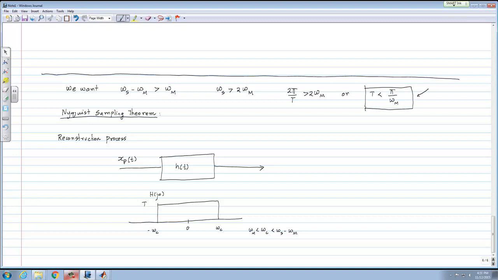Okay. So if this is the filter that I want, what is the impulse response of this filter? In the last class we talked about the impulse response of ideal low pass filters, right? So the impulse response of an ideal low pass filter would be a sinc function, because the inverse Fourier transform of a rectangle is going to be a sinc function. Does this ring a bell? Can someone look up the old result and tell me what the impulse response of this filter is?